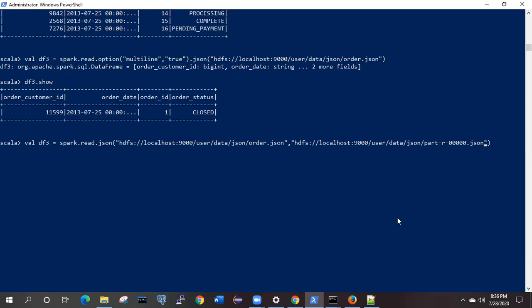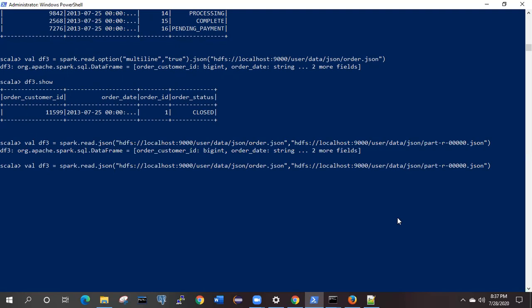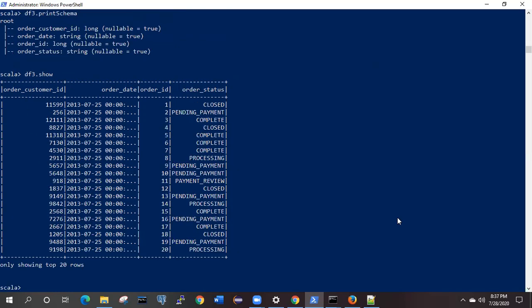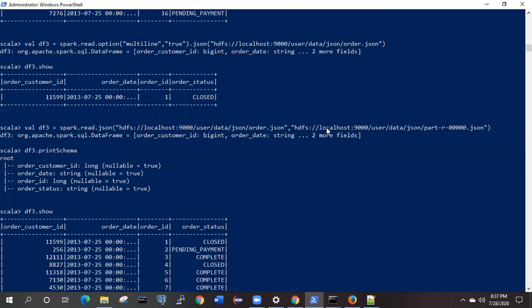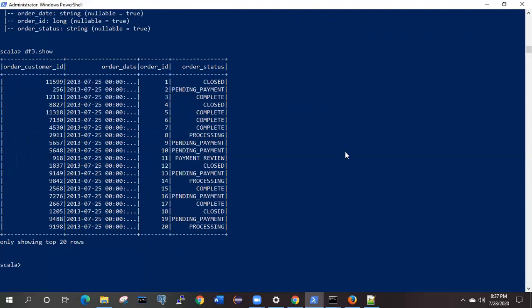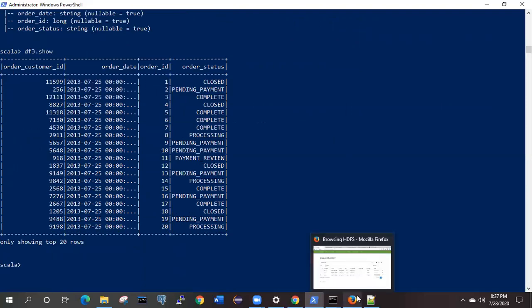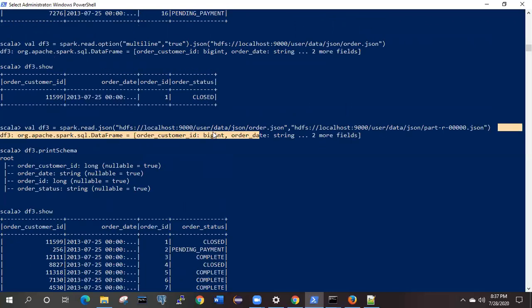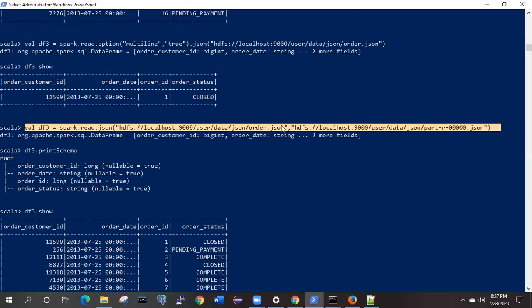So this is the file, hit tab, enter, not tab, sorry for that. So data is loaded. Now we can cross verify whether it is loaded successfully or not. So this is the syntax for that. We can show the data also. And what is the difference from the previous data? Oh, it means in both the files the data is the same.